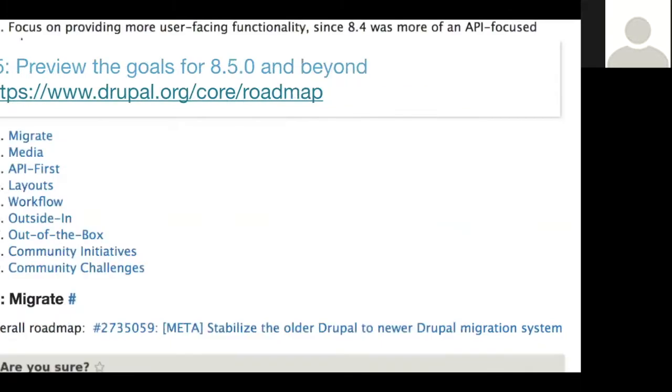You can also preview the goals we have for 8.5.0 and beyond. There's a page at core/roadmap as of about a month ago where we went out, talked to all of the initiative leads, and said, hey, what are you planning for 8.5? Where do you need help? So this is a great place to not only look at what's coming, but also to